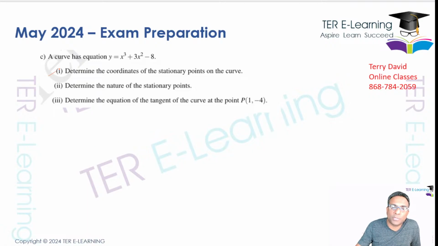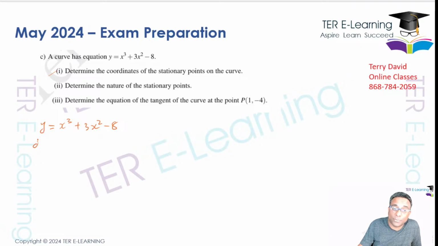And the first thing we want is the coordinates of the stationary points on the curve. Very common exam question. So y is equal to x cubed plus 3x squared minus 8, right? So if you want to find the coordinates of stationary points on a curve, the first thing